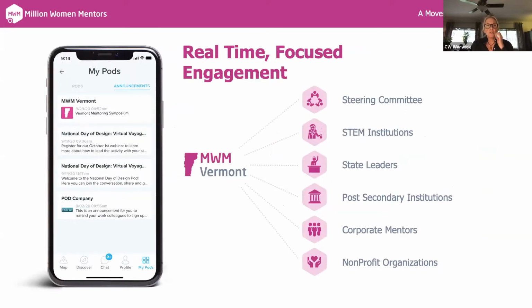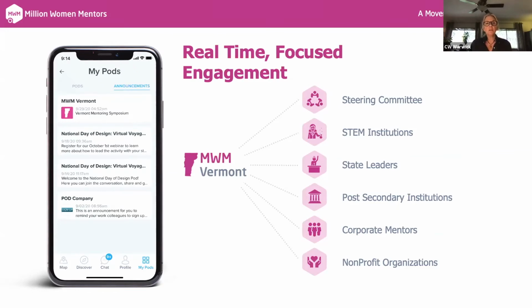So again, here's another example. This was also a screenshot from my phone. Announcements is a feature, and I'm sure Chris will cover this in a little more detail, but I wanted to point it out because I think announcements is one of the really amazing key features that brings the immediacy and the real-time communication to light.